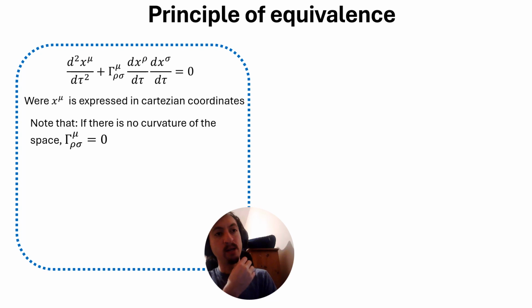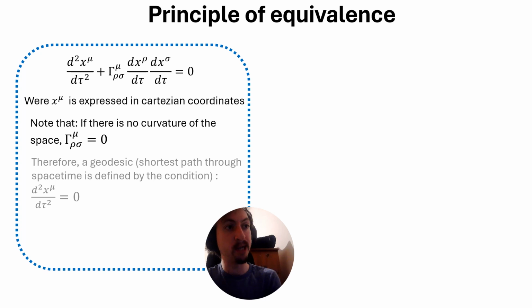So, going back to what I was saying about flat space-time in a Cartesian coordinate system, for flat space-time the Christoffel symbols are all 0, because the Christoffel symbols relate the change in one basis vector compared to another, but the basis vectors are not changing across a flat space-time in a Cartesian coordinate system, so the Christoffel symbols are 0. And that means for an object to follow a geodesic through space-time, according to our geodesic equation,